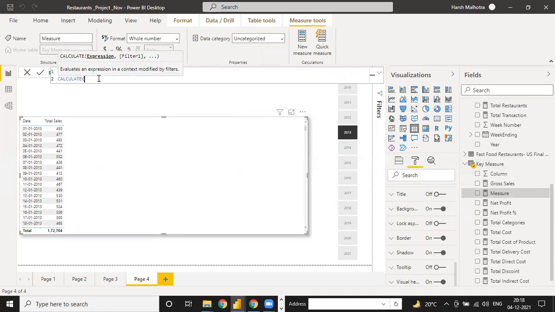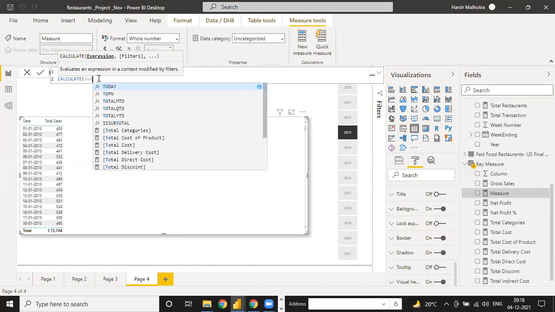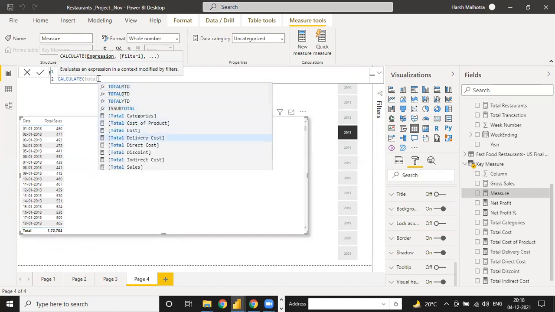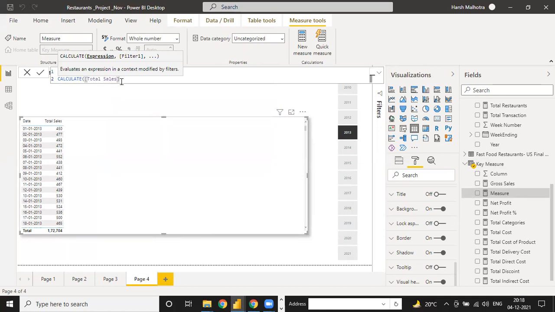So last year sales, calculate, okay, and see expression. Expression means you have to calculate your total sales. So total sales means you are using your measure. So that is the reason. See, explicit measure is reusable. My first step is completed. That is why we have to calculate explicit measure, because of further analytical calculation.